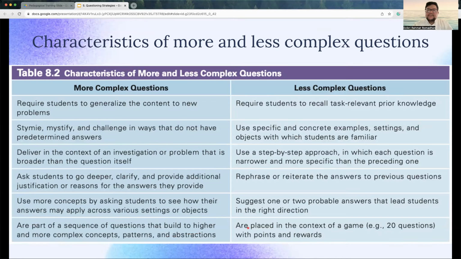And then the less complex questions are placed in the context of a game with points and rewards. Yeah, so it's like gamification. The questions will be about how fast the student can answer. Usually it doesn't require a student to think too long, so it's going to be very fast paced. Right. Now,